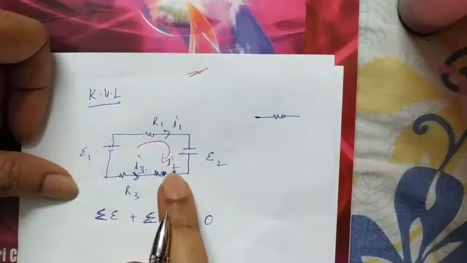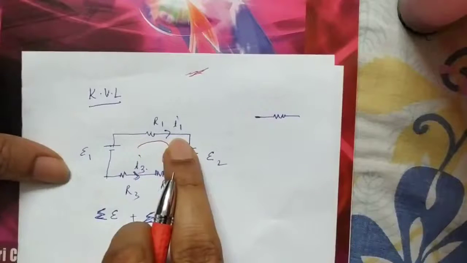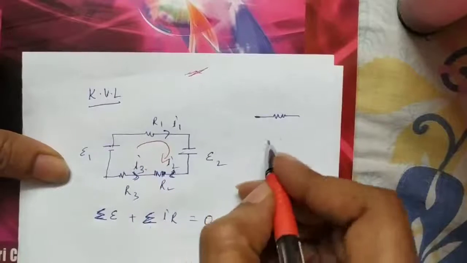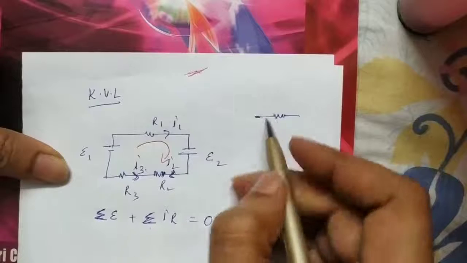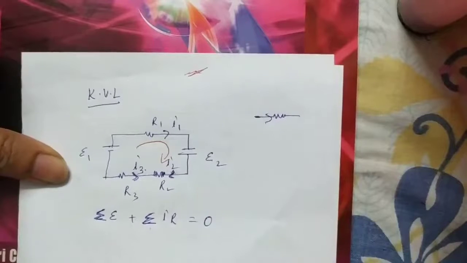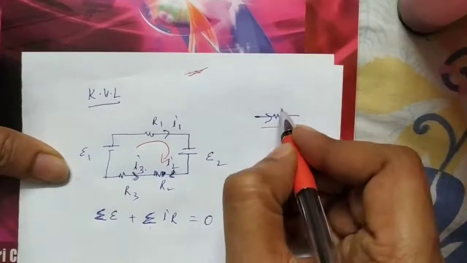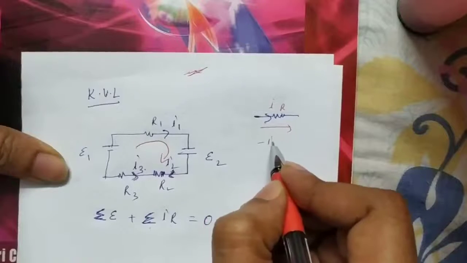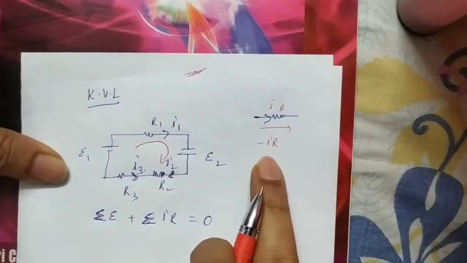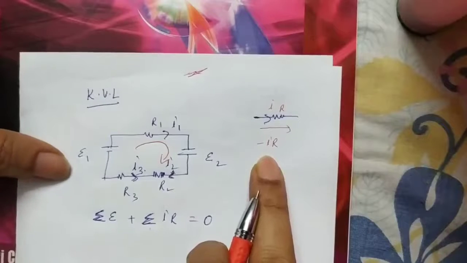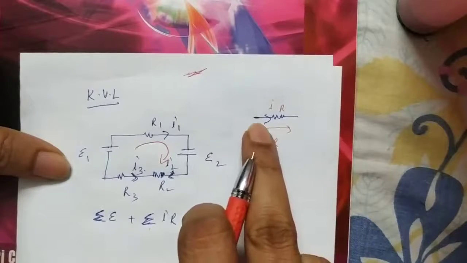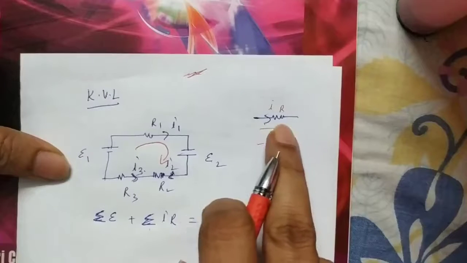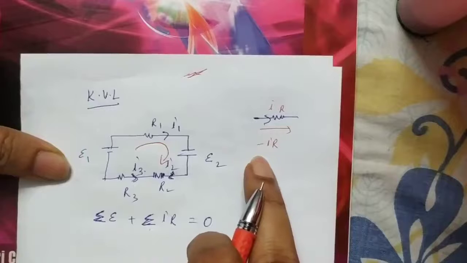So two directions are there. One is how current is flowing in the circuit. The other is how we are moving in the loop. Suppose current flowing in the circuit is like this, and we also move in the same direction, and here the resistance is R and current flowing is I, then what do you say? Minus IR you have to take. Potential is IR, but whether you take plus IR or minus IR depends upon the direction. Current flowing and our direction both are the same direction, and when you are moving in the direction of the current flow, then you have to take minus IR.